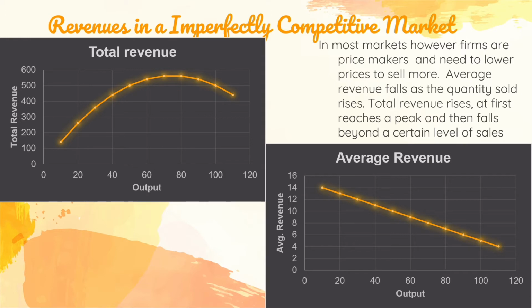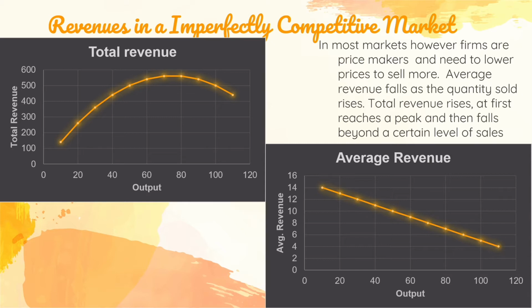This happens in an imperfectly competitive market where the total revenue increases to a point, reaches a peak, and then starts to decrease, because when the prices have reached their maximum, people will stop buying the product, or it will just become more elastic. The product will become more elastic and the demand will keep falling. This will reduce the revenue of a firm, so this will also decrease the total revenue of the firm.